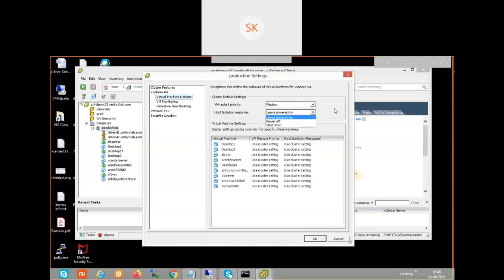We are going to leave the default option, come back below. What is the option? I can select individual VMs. I can change each VM, leave that default option, come back, select the desktop one. In this case, my desktop VM is not critical at all. What I can do is change the priority for the virtual machine. The top one is for the cluster, the below is for the virtual machine. I can disable. Click on VM restart priority for the respective virtual machine.